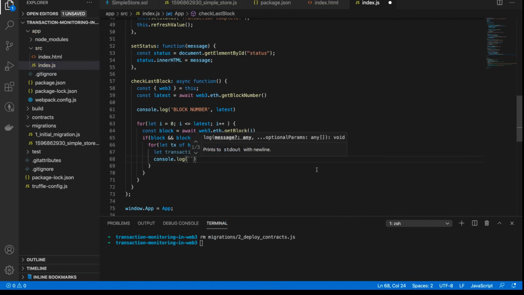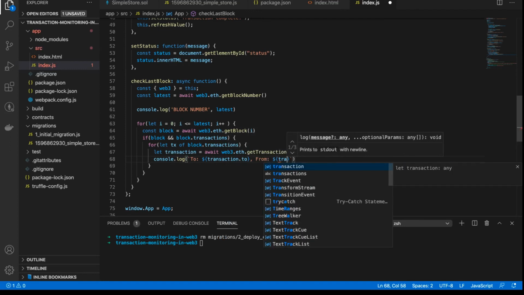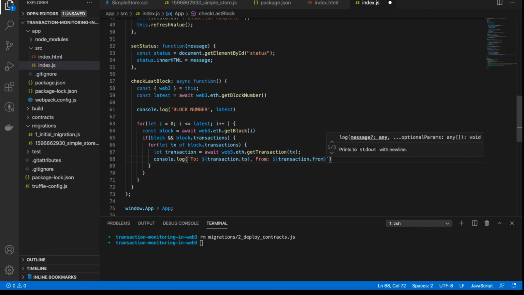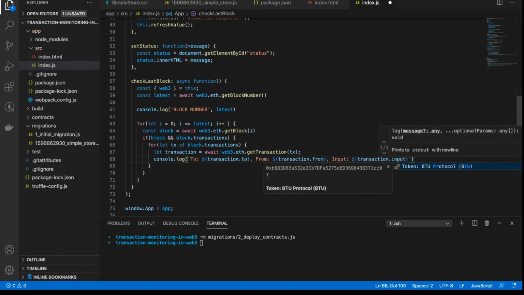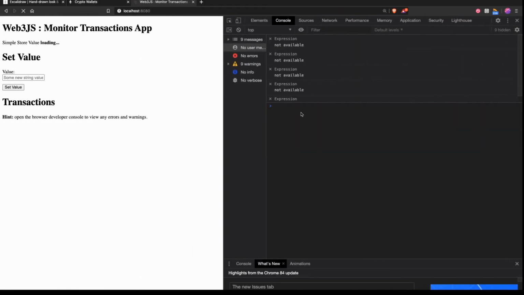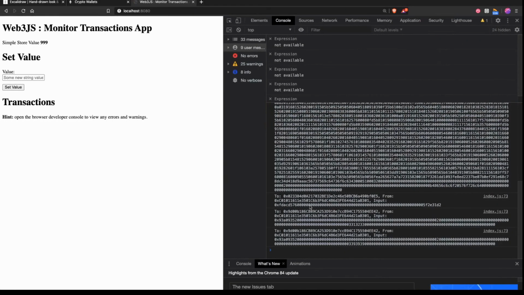So let's log out using a template string. Let's log out the to. So we can grab that by doing transaction.to, and we can get the from. So we can say transaction.from, and we'll have a look at the input data, so transaction.input. Okay, and then we'll head over here again and look in our terminal window, and you can see,